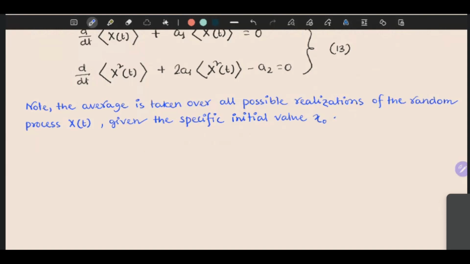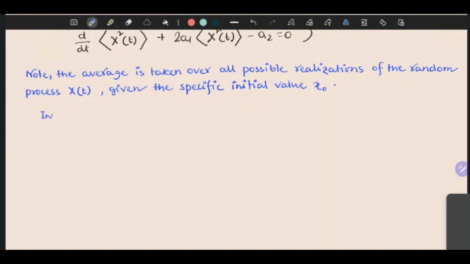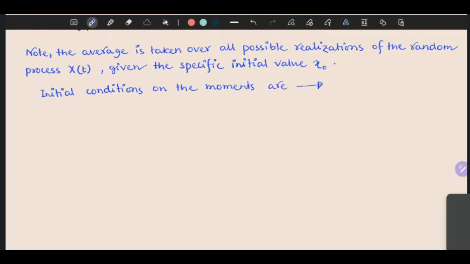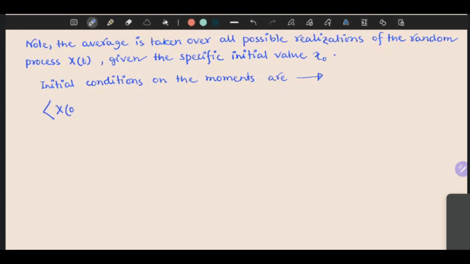So therefore the initial conditions on the moments are basically x of 0 becomes x naught, and x square of 0 becomes x naught square. Okay,